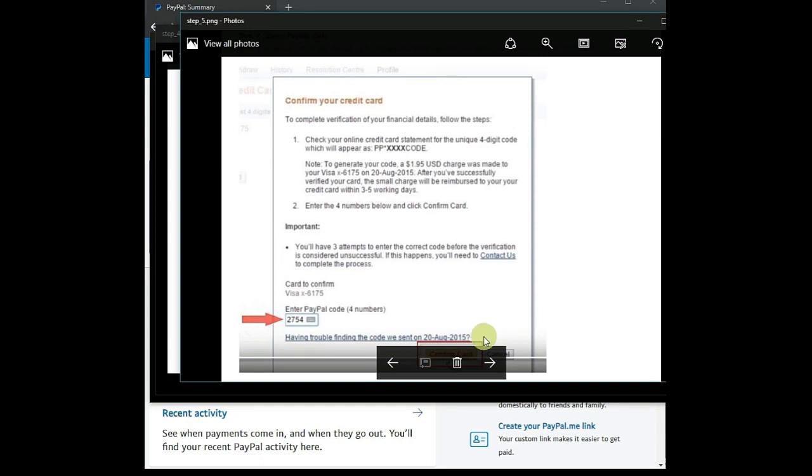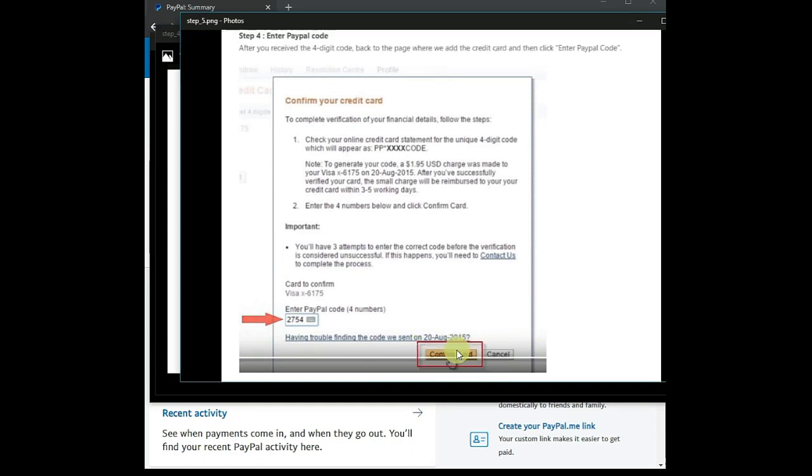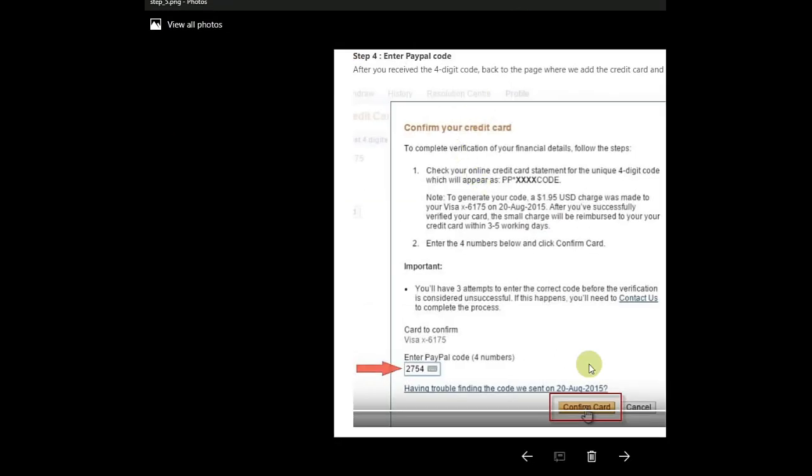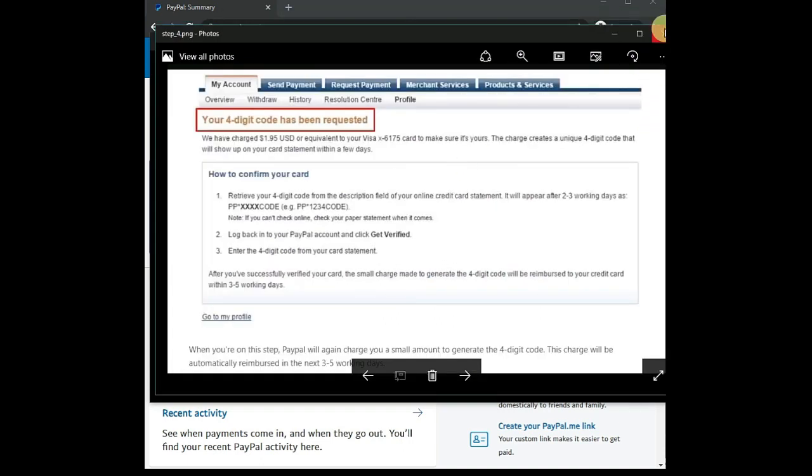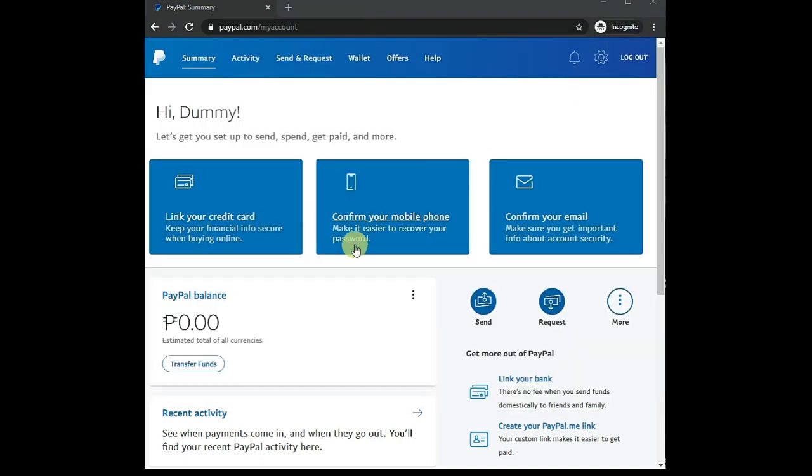Alright, and then you just click on, it's blocking our view, okay. It says confirm card. Here, it would say confirm card. So that's it. Once you have confirmed your card, that means your PayPal is already verified, and because you're done with linking your credit card,